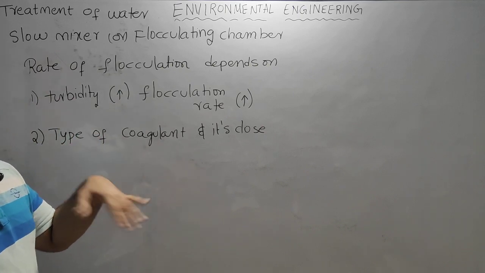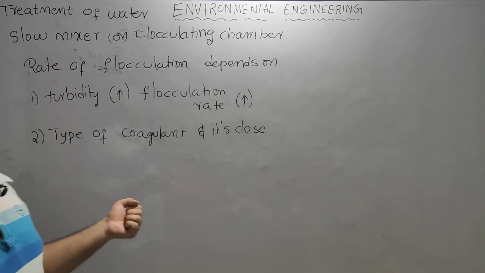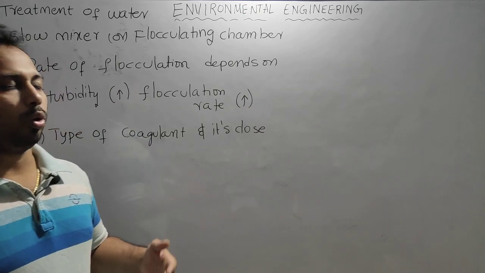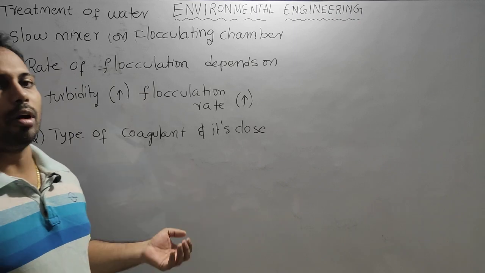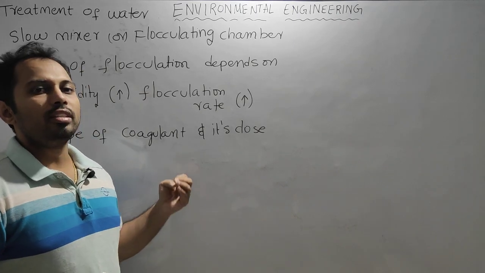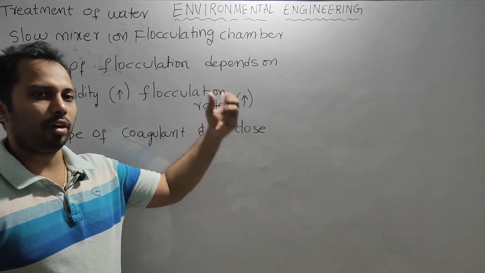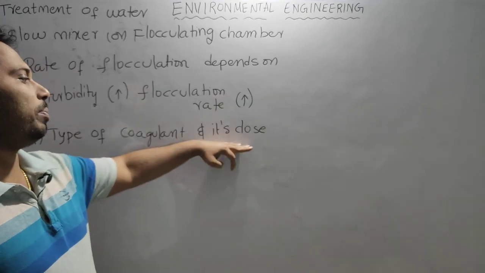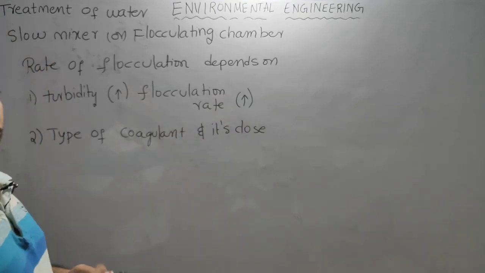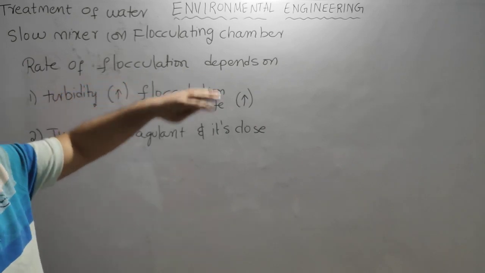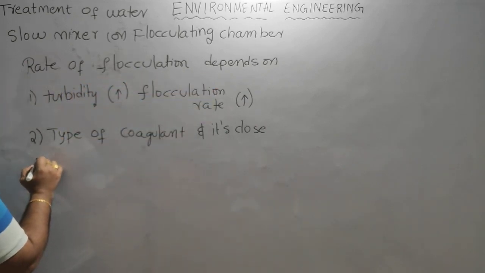Also if the dosage is lesser, then flock formation will be lesser, because when the dosage is low, the amount of flock that forms may be insufficient for flocculation. So that is why, depending upon the dosage and the type of coagulant we are using, this flocculation will depend. Okay, so next one is